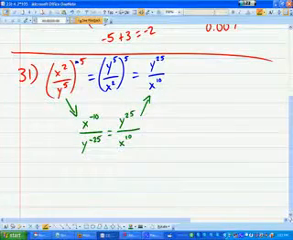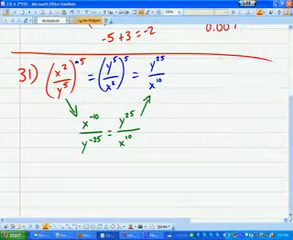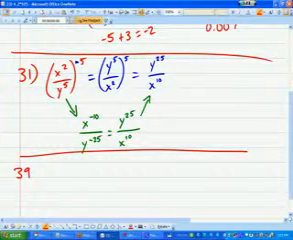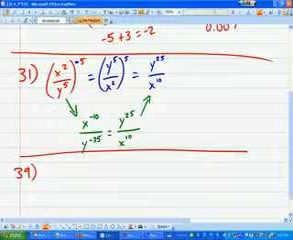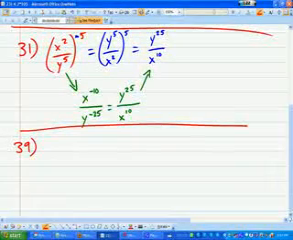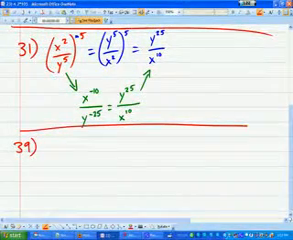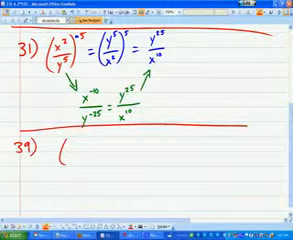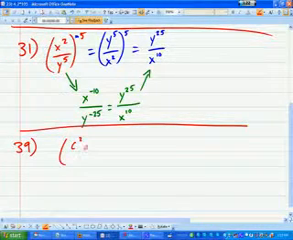All right, the next question I'd like to focus on is number 39. Number 39 is kind of like the one we just did. It has an extra term in there, so you need to be careful and make sure that you distribute this exponent to everything on the inside. So take a look at this: c squared a to the third divided by a to the fifth, all of which is